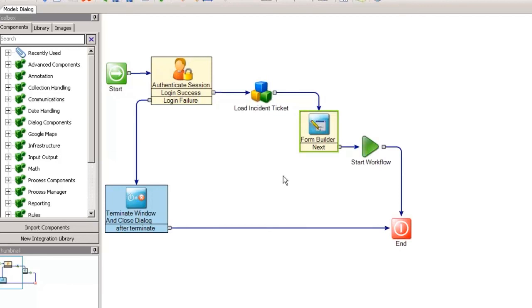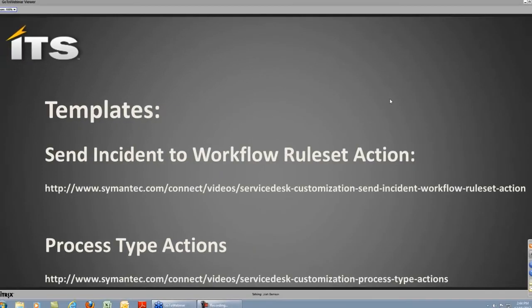For example, if you've added your own fields to incident management, you need a place to display them once a ticket is created so you can edit them. This is a perfect place to do it. So process type actions is one of the ways that we can continue to edit the workflow or edit the incident process without actually modifying any of the built-in projects, which makes it much easier to upgrade to a new version. So both of those templates, the last thing I wanted to show here, both of those templates are available